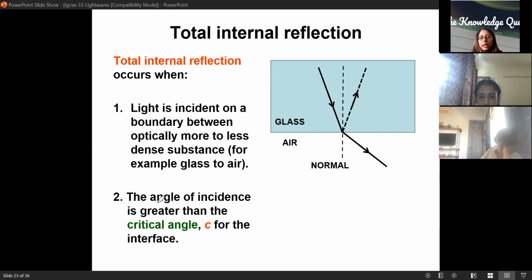What is happening now? The angle of incidence is greater than a particular angle which you will see later, which is called the critical angle. We are comparing with critical angles now. As of now, the angle of incidence will be a certain angle. Every medium has its own critical angle, which we will see later. I'll show you another picture also. Hold on. Wait. Okay, what is the critical angle? I'll tell you.